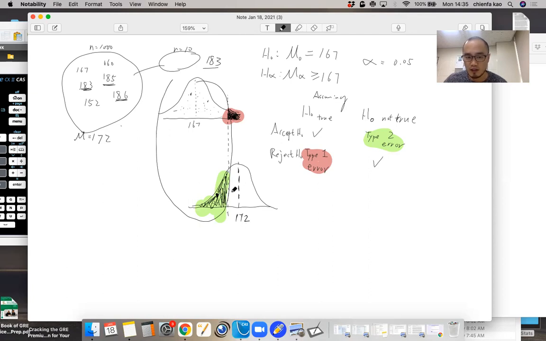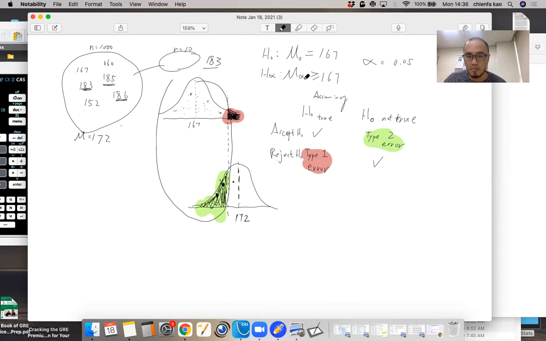Because if we accidentally pick 10 people and they result in an average of this height, we are going to accept that the null hypothesis is true because it's going to be right here. But it's wrong. I mean, we don't know that, but it's wrong. As you can see, that's a type 2 error, and over here, this white part of this graph is considered correct because when KIS has a height of 172, and then we select 10 people, and we get an average over here, we're going to reject the null hypothesis,